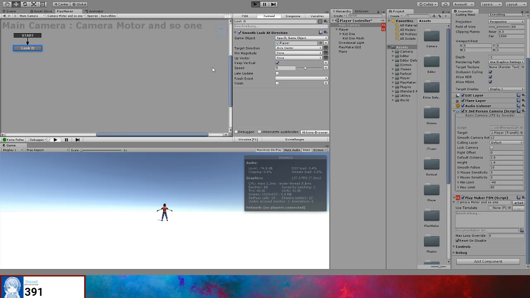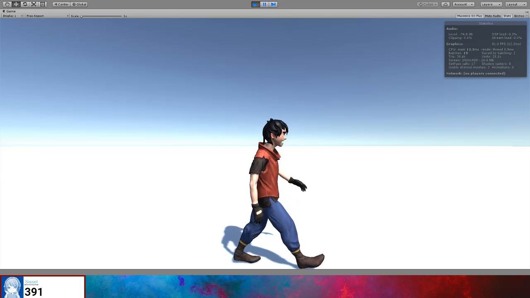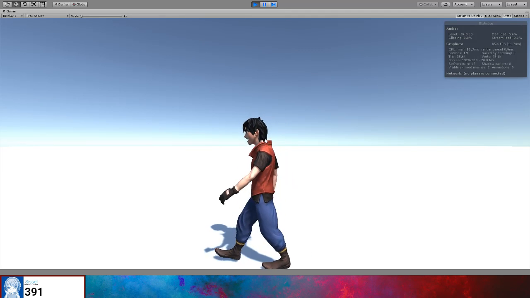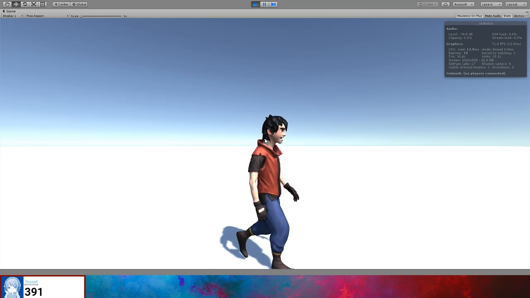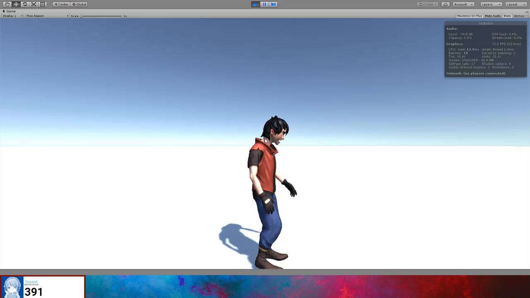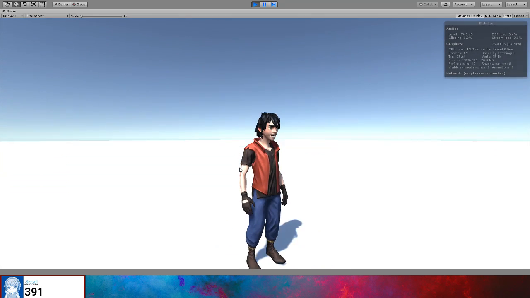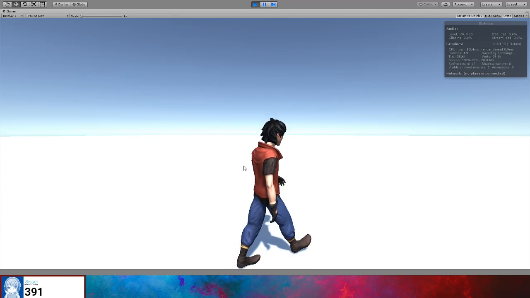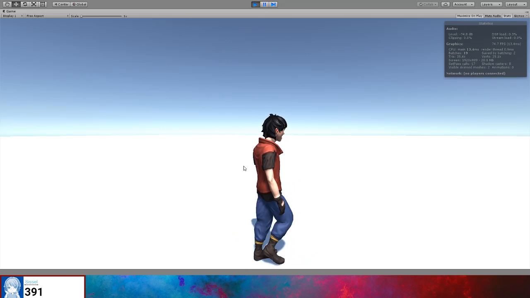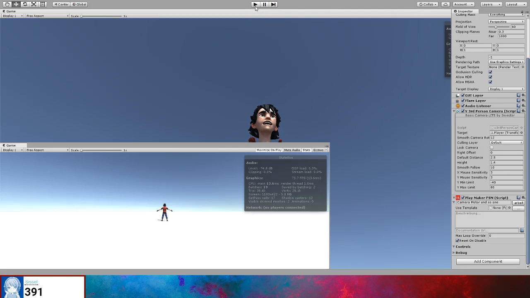So let's make a test. And you see you can press the side key for left, you're going left, and when I press right, you're going right, and when I stop, you see he brings the foot after him. So then press forward and backward. So that is really easy and really cool. And as next,